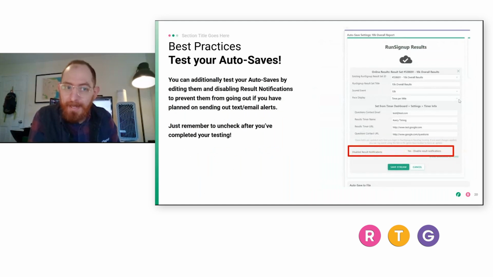Next, you can test autosaves. So if you want to plug in some fake times and run them through and see how they go up to RunSignup, you certainly can do so. There's no harm in doing this, but if you are using result notifications with RunSignup, you'll want to be very